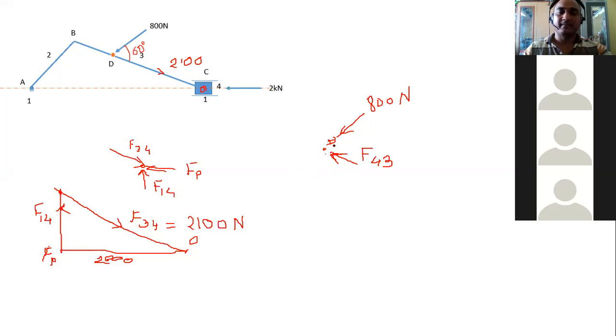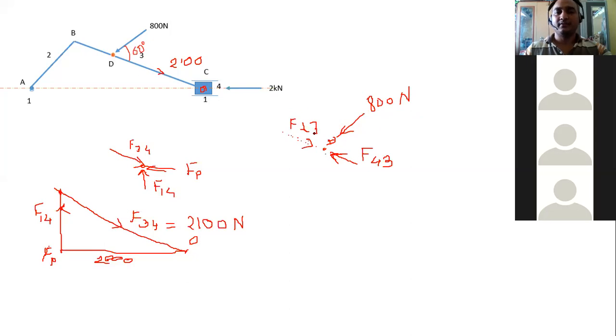Let's remember. We already have the direction and magnitude of these forces, so we can find out the third direction and magnitude. Only three forces are there on this point. Arbitrarily we can draw this, we know this is not the exact direction, but just to mention, one more force will be here. That will be your F23.